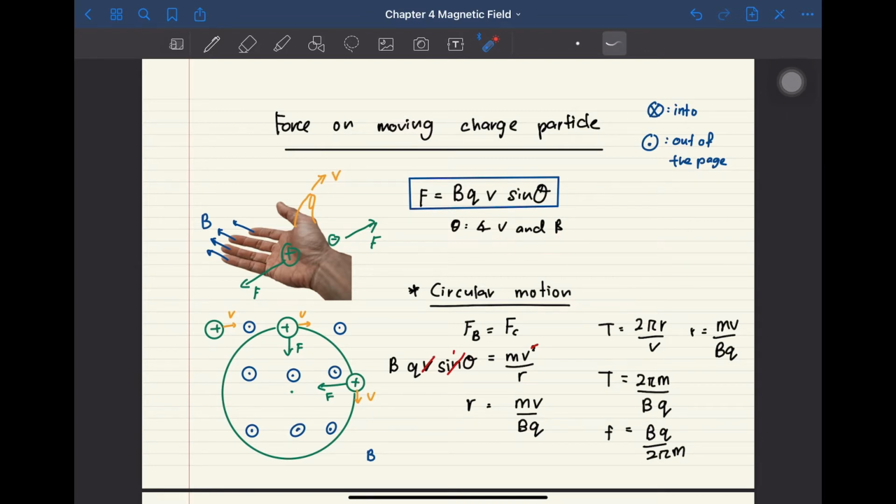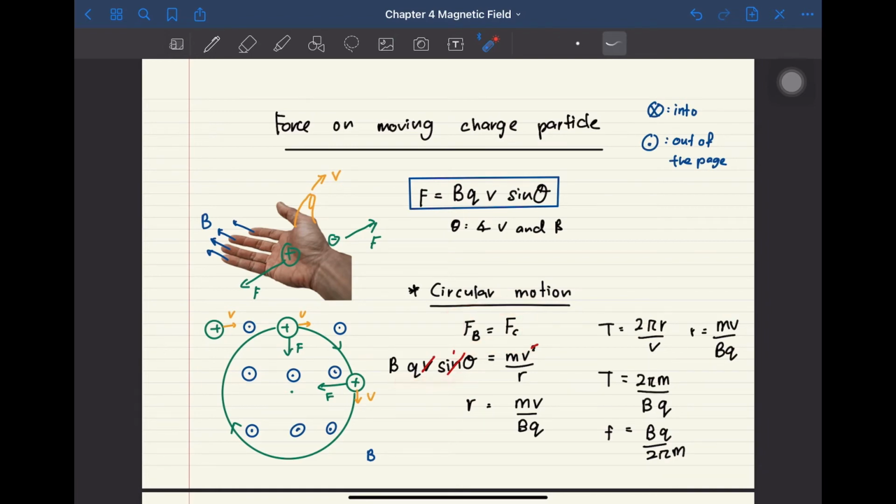Okay. And then you have one key thing. If you have a charge moving into a uniform magnetic field, the motion could be circular motion. It can become circular motion. So if it becomes circular motion like this, in the question normally they will state specifically that the charge now moves in circular motion. So when it moves in circular motion, this one is valid straight away, where FB equals BQV